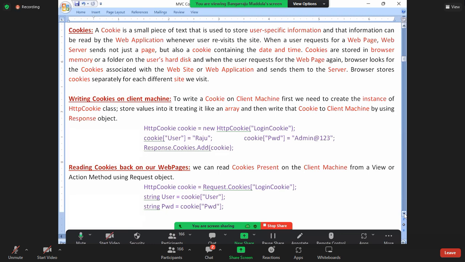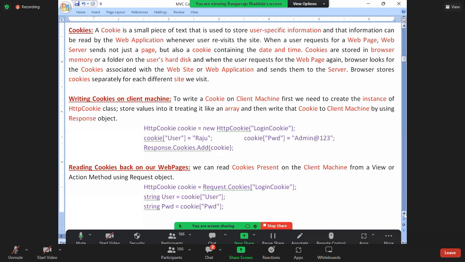How is it possible? When you select the stay signed in checkbox, what will the server do? You enter the username and the password, select the stay signed in checkbox and click on the login button. The request goes to the server. The server will validate your user ID and password. Both are valid. Now it will verify whether the user selected stay signed in or not. Yes, the user selected it. Immediately, what will the server do?